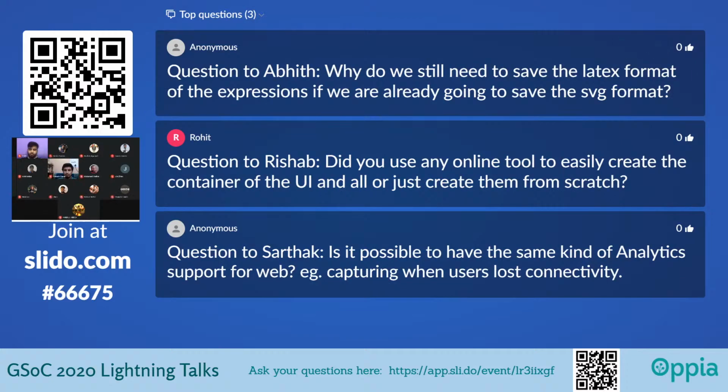Okay. So the next question is to Abhith about LaTeX formats. Yeah, am I audible? So yeah, how the math regex works is that it actually stores a LaTeX value. Right now, whenever the front-end page encounters a LaTeX value, it passes it to MathJax, and MathJax renders the SVG or any form of data, however it renders it. So what I did was add a file name of the corresponding SVG to the math regex component.